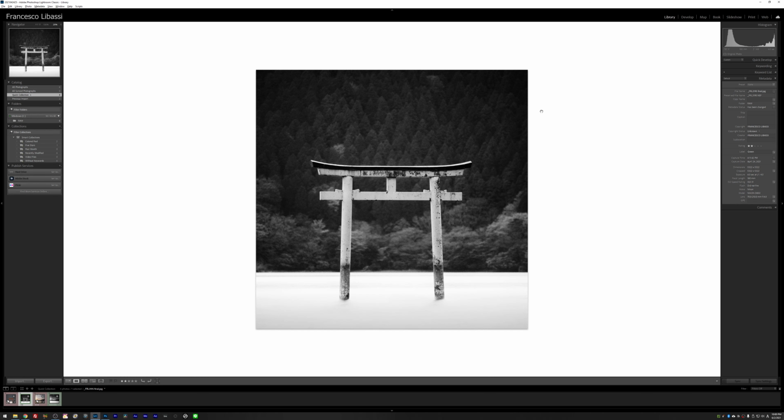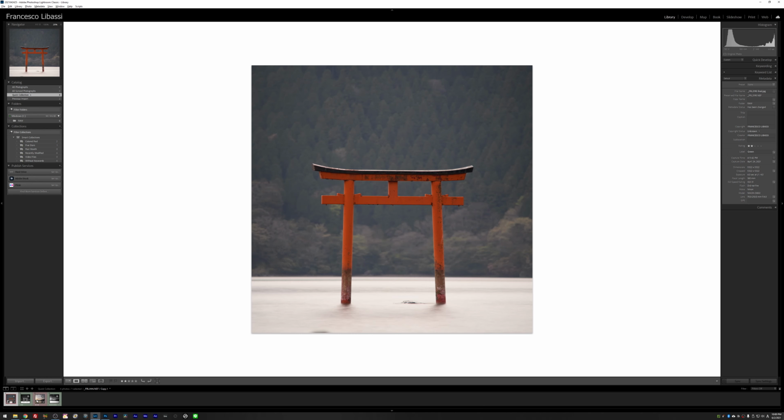So the actual shooting process wasn't too difficult, but I had to fiddle a little bit with the post-processing to make it look good. Because if you look at the original file here, which is this one, if you see this in color, it's really dull. There is no light, there is nothing interesting in this particular frame. So you had to work a little bit to get this to stand out and to make it a minimal and interesting image. So let's get started and see what I did.